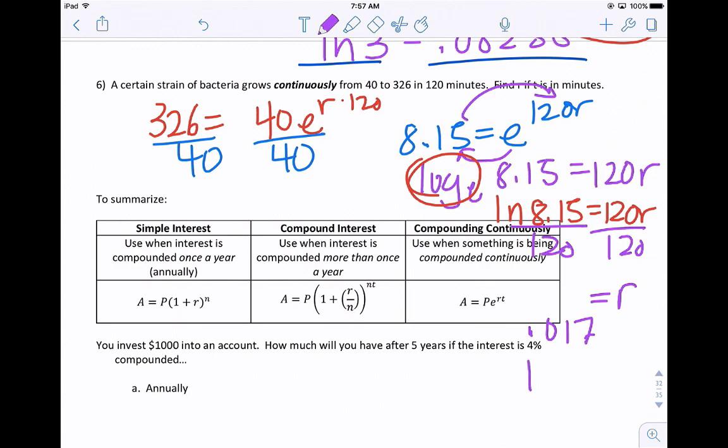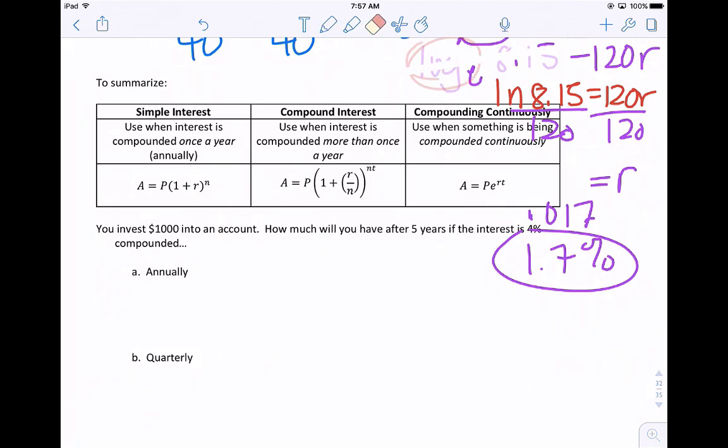So it's about 1.7%. Now, if you get a rate, because you will encounter some, that's negative, that means it's decreasing. So when you see something decreasing, you should expect a negative rate, and it just means it's going down by that percent. All right, so here's a summary of the formulas, 3 of the 4 formulas we've been